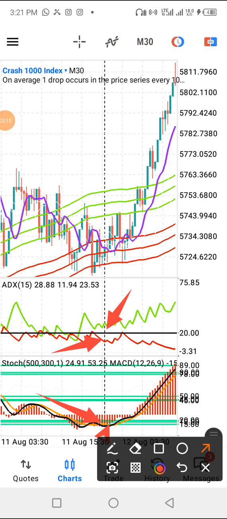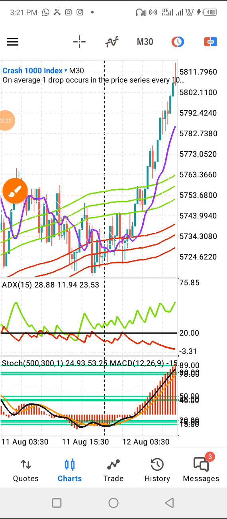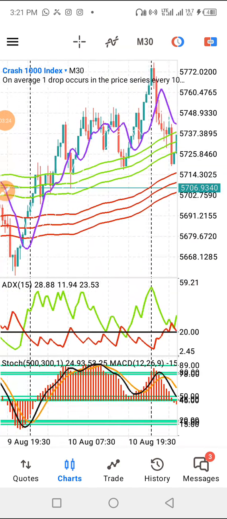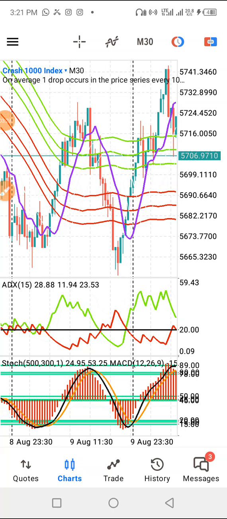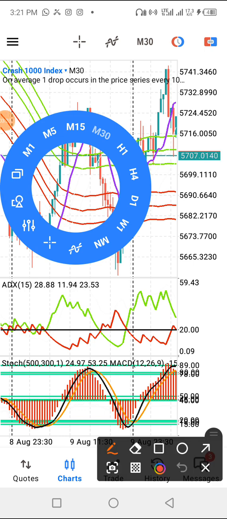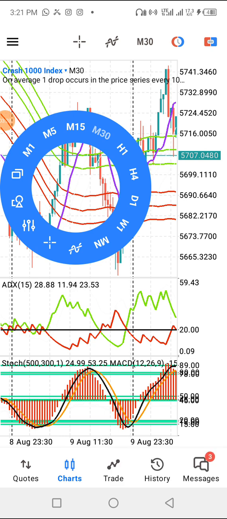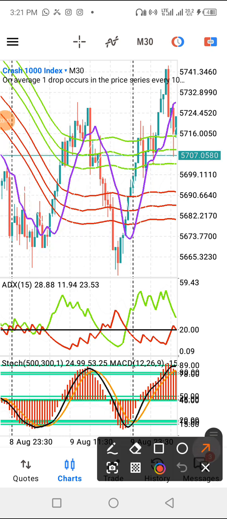Then if you are taking a sell trade, the reverse is the case here. For a sell position, here are the conditions. First, we want to see price crossing or closing below the green envelope line. Immediately it closes below the green envelope line, where the alligator, which is this purple line, covers the price towards the downside,